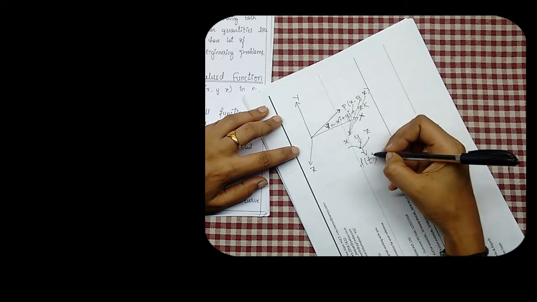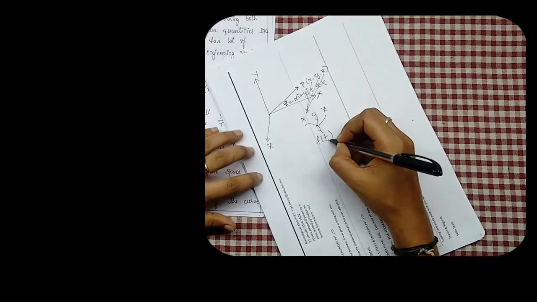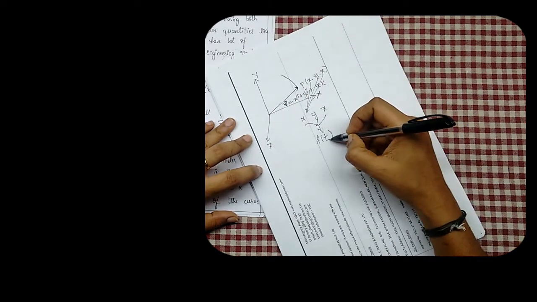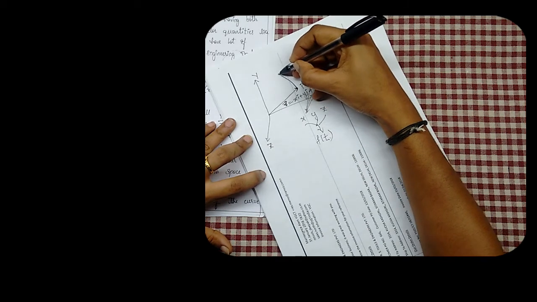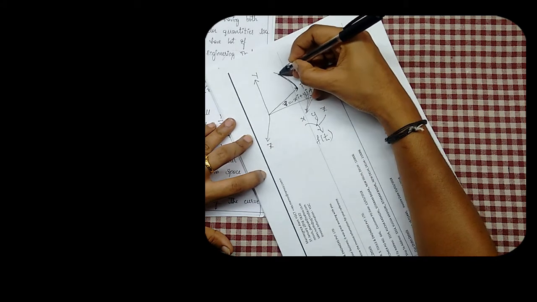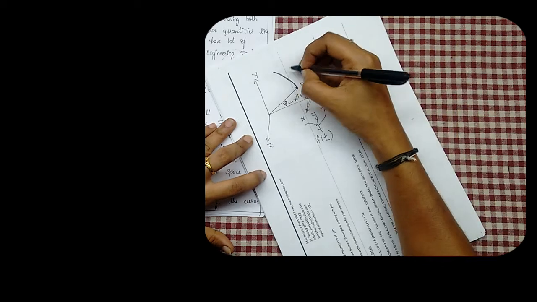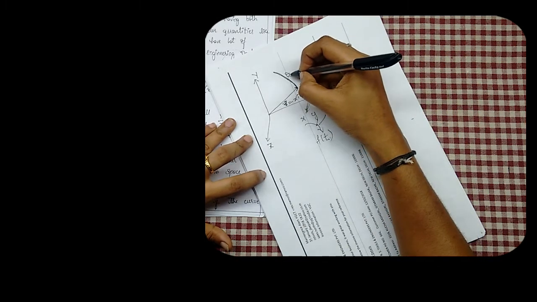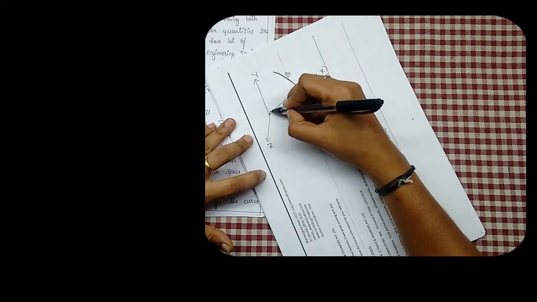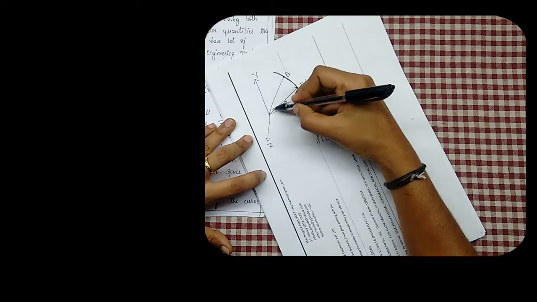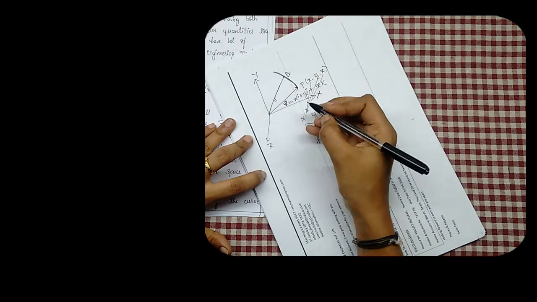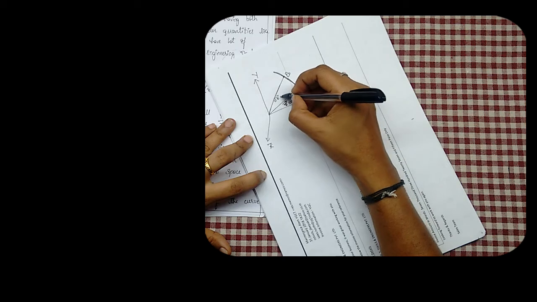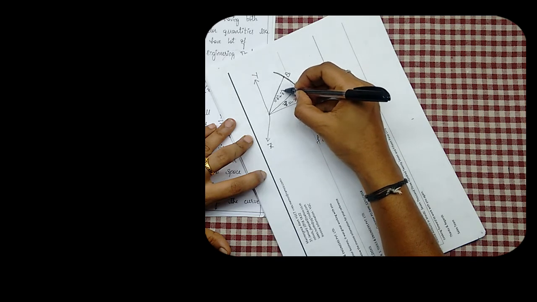Now as t varies, this P traces a curve in space. See, it has traced a curve in this space. Now let us take any neighboring point for P as Q. Let me take Q as any neighboring point for P, and the position vector for this point Q is given by R plus delta R, where delta R is a small increment in R.